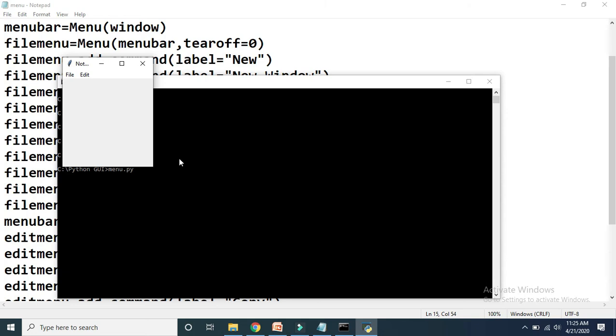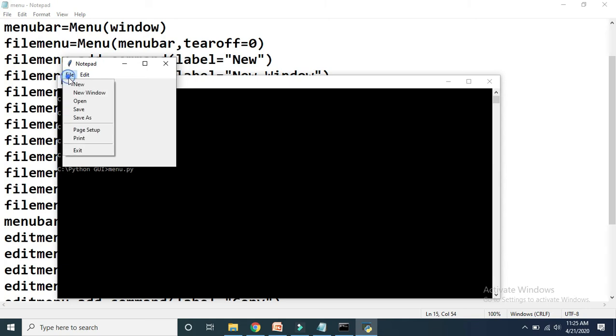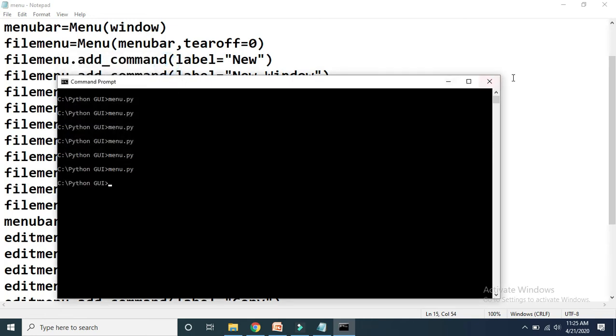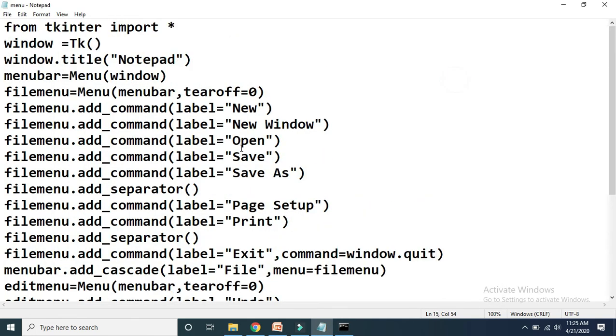Now one more thing I just want to explain here is, for this menu widget you can use some attributes. Currently, new window, open, save, we are getting in the default style. If you want to change the style, suppose you want to give a background color, we all know that for giving background color we use the bg attribute.